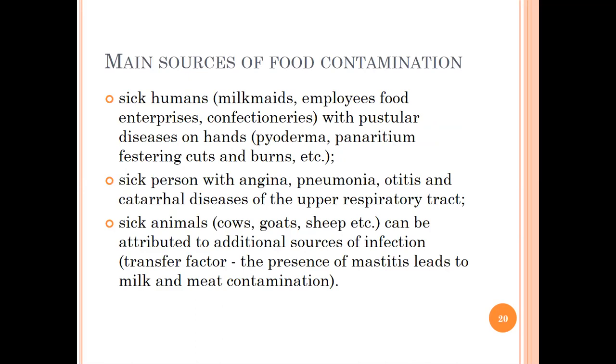The main sources of food contamination with Staphylococcus aureus are sick humans and sick animals related to milk farms. For example, milkmaids, food industry workers, or confectioners who are sick with pustular infections on their hands, like pyodermia, panaritium, and burns, or patients with angina, pneumonia, otitis, and catarrhal disease in the upper respiratory tract. And sick animals used for milk production, cows, sheep, goats, for example, can be